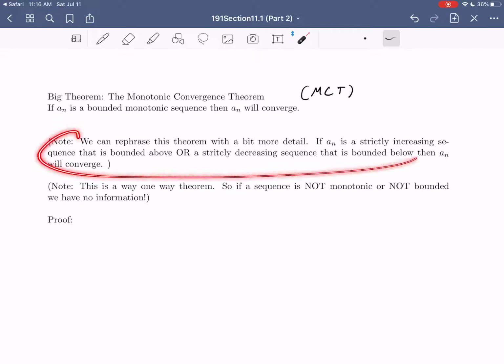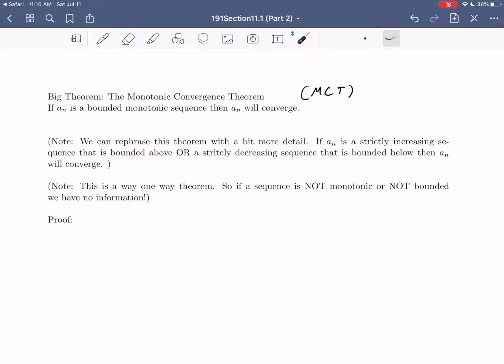Now, first thing I want to note here before we start to prove it is we can rephrase this theorem in cases, with a bit more detail. If a_n is strictly increasing, then we only care that it is bounded above, which should make sense. If your sequence is getting larger and larger, then clearly it is automatically bounded below because it just is getting larger and larger. So all you really need is, if you know it's strictly increasing, then you need it